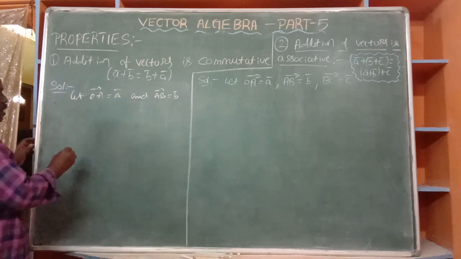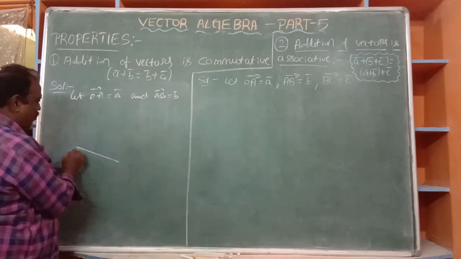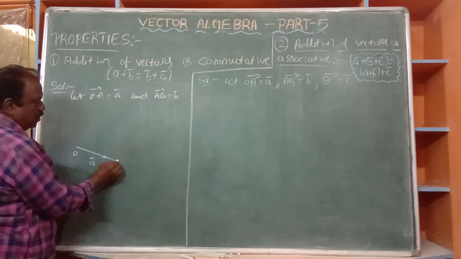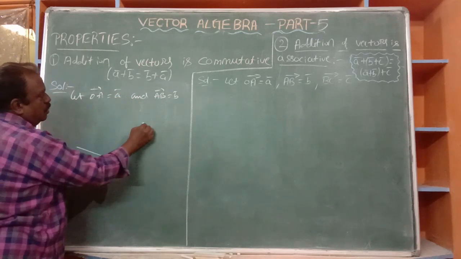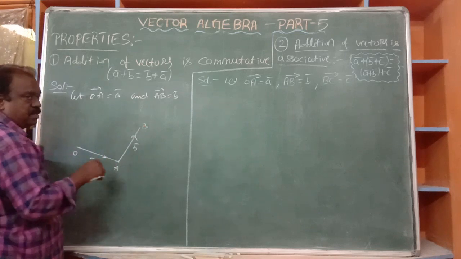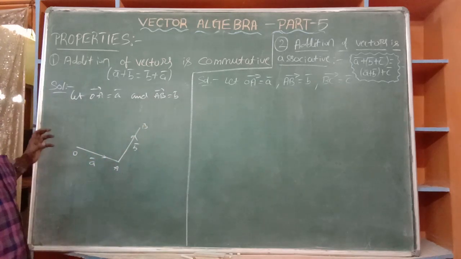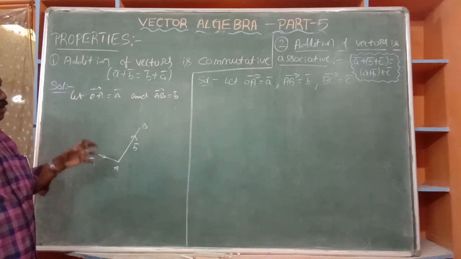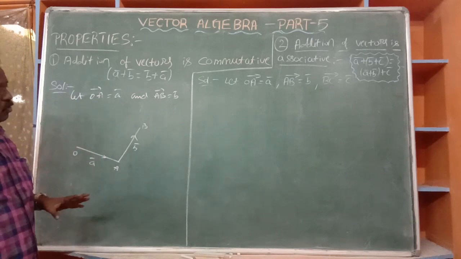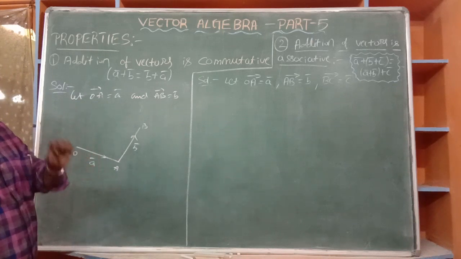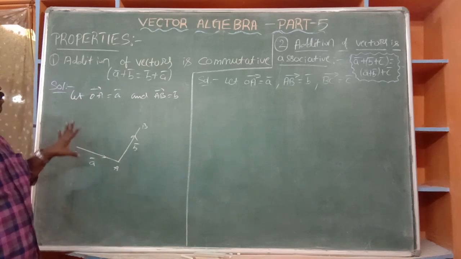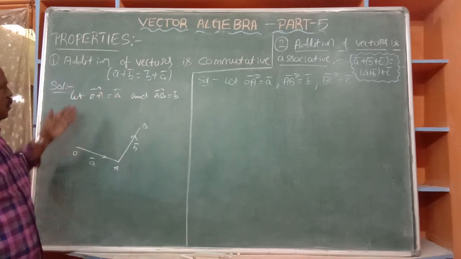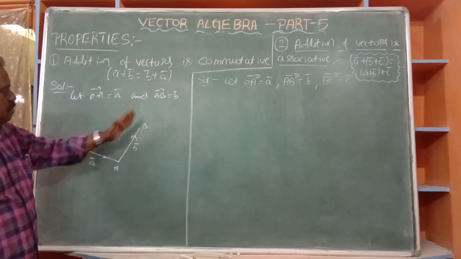That is it. Another diagram. It is OA bar is A bar, and it is AB bar is equal to B bar. Just I am drawing the diagrams. Here, geometrically, we have to prove the given properties. It must be understood. Vectors means, no doubt, it is three-dimensional geometry, but we are drawing the diagrams on the two-dimensional board only. OA bar is A bar, AB bar is B bar. Just I am taking.